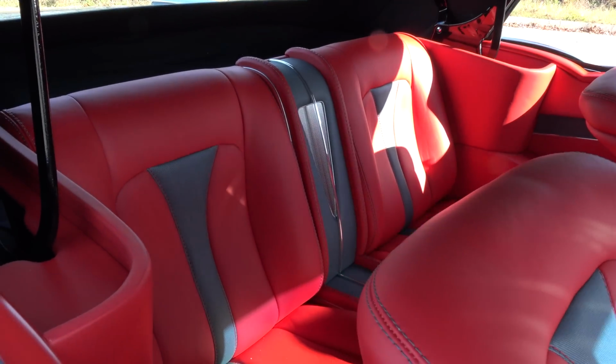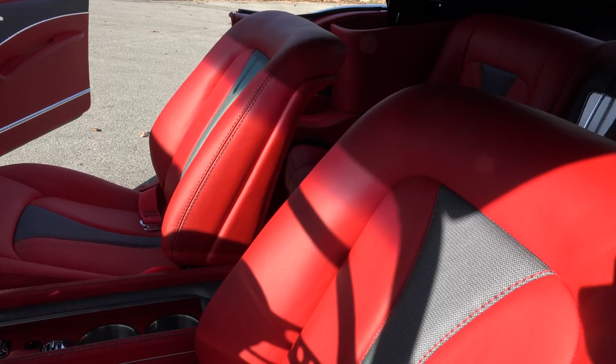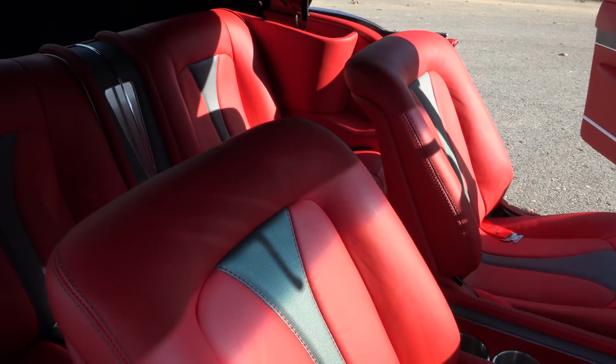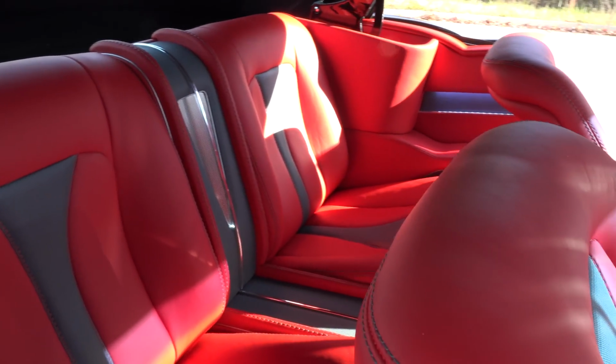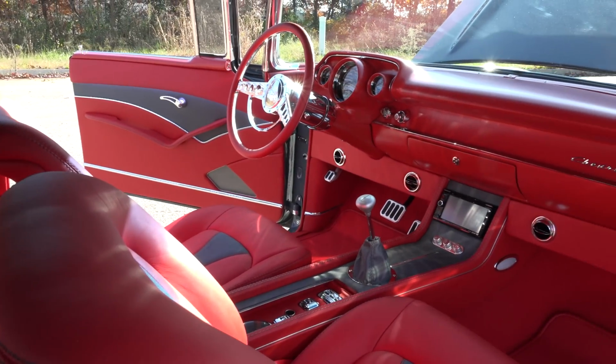We used the light gray stitch in the red, and if you notice in the gray, we used a red stitch. Oh, okay. Yeah, I do see that now. Oh, very cool. Very subtle. And I like in the back, I don't know if it's really a speaker, but I like the backseat speaker, and it's kind of got that look to it. Yeah, and we also put a LED light shining up on the screen on that one too, which reflects